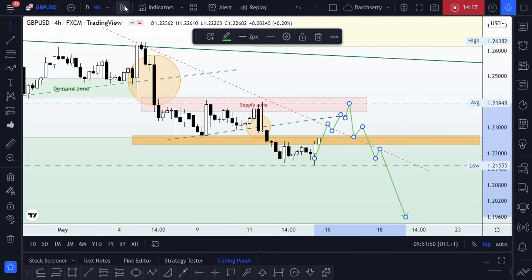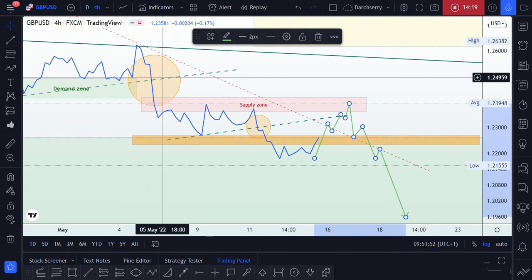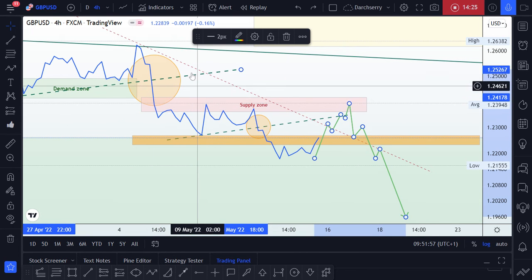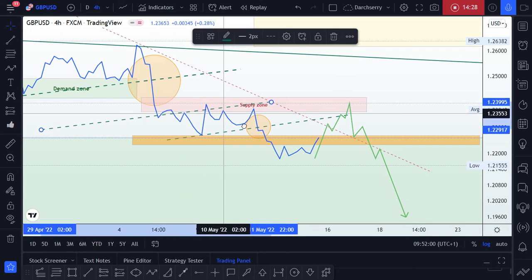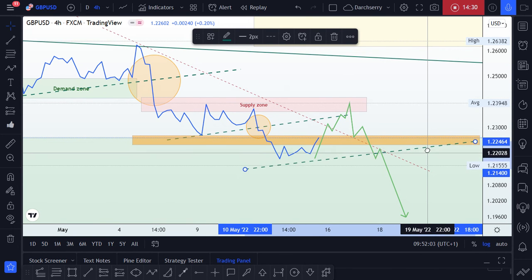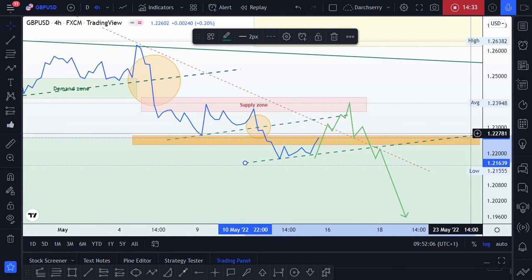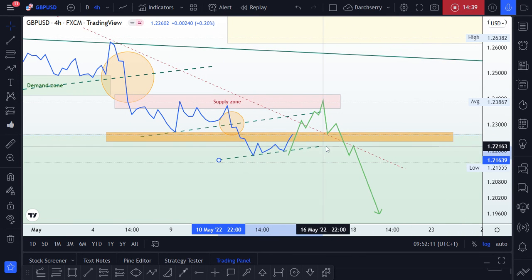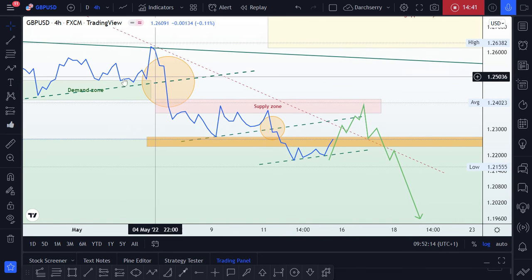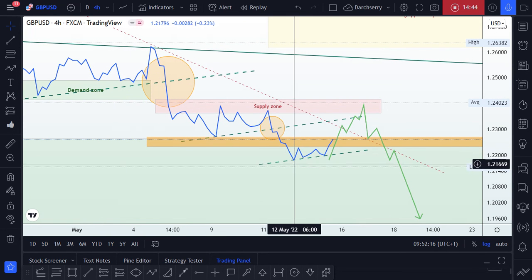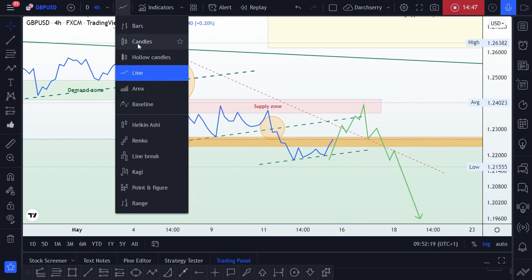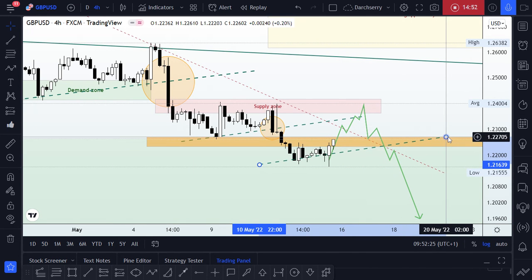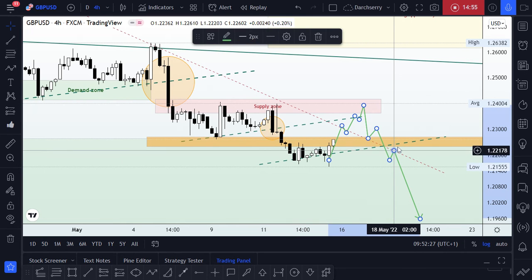In addition to that, we could be having a breakdown of this trend line too as well, which you can see since the beginning of the month, we've been having such a pattern coming up every single time. We saw one here, we saw one here, we saw the second one here. We might be able to see a third one around this area where we'll look for a breakdown of that trend line, then a retest of that trend line like I showed here, a breakdown of that trend line,